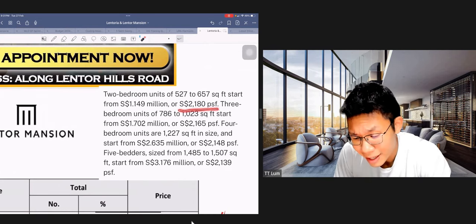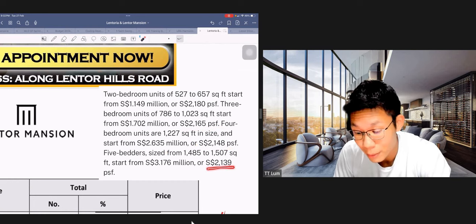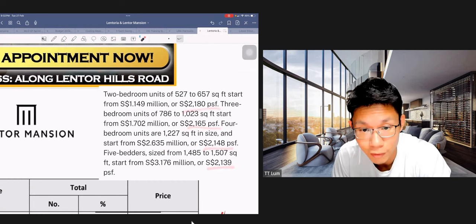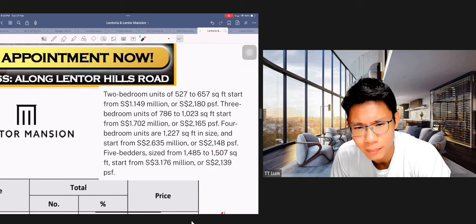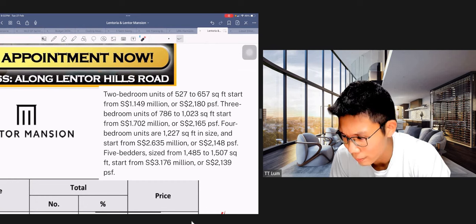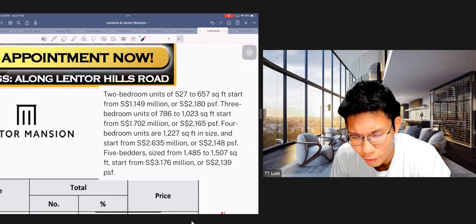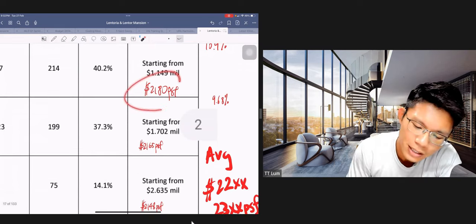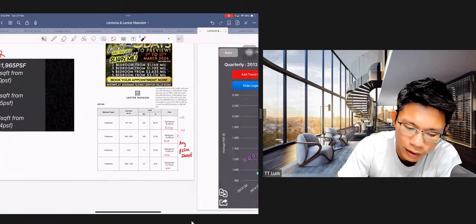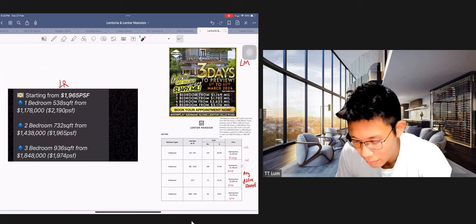2 bedrooms at this PSF, 3 bedrooms, 4 bedrooms and 5 bedrooms are starting from this kind of PSF. I know they cannot sell you AC ledge, but even then it's quite a chunk, because AC usually, I don't think they hit 10% of the unit size. But if you compare the PSF with the respective 2 bedders starting from, this is almost an 11% increment in